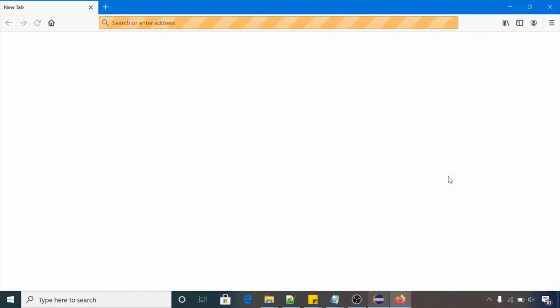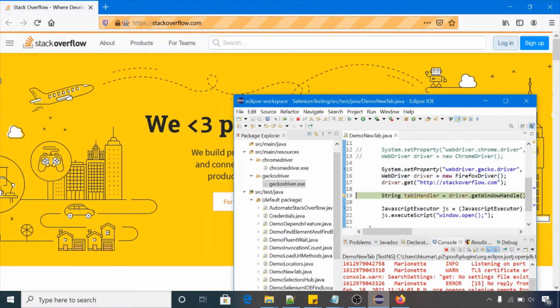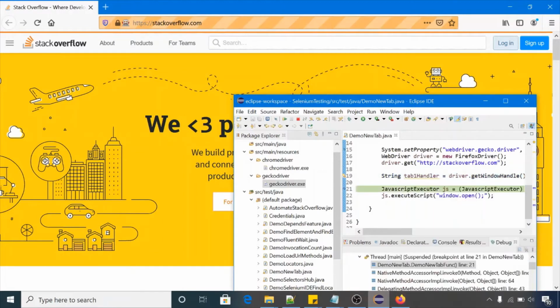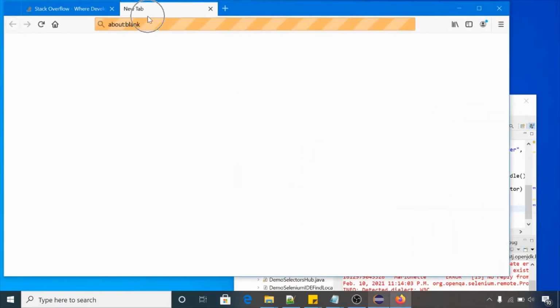Yeah, it's launching stackoverflow.com. Now in the next line, line number 19, we're just getting the handler. Lines 21 and 22 will open a new tab in this browser.